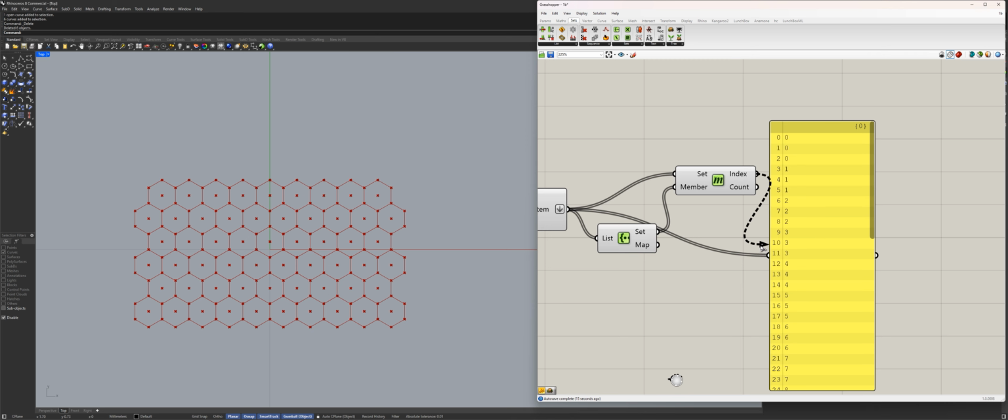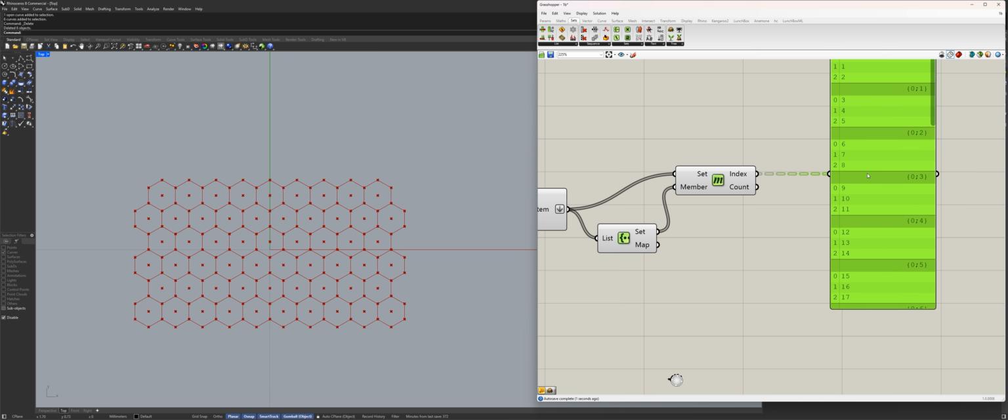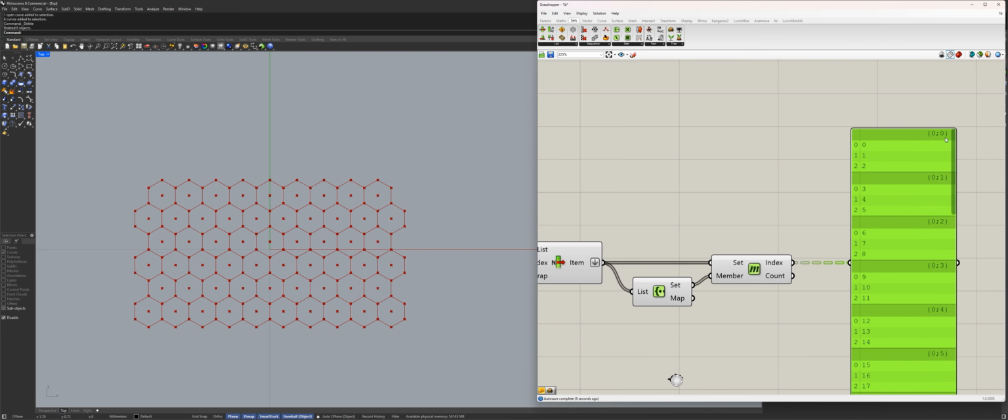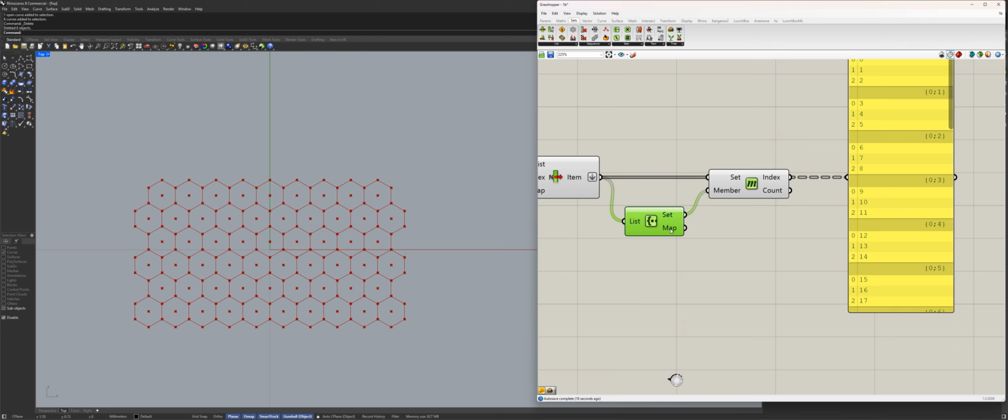So if I look at the index, a few very interesting things happen. First of all, let's look at the numbers themselves. So we have a data tree, and we have numbers 0, 1, 2, 3, 4, 5, 6, 7, 8, 9, 10, 11, 12, 13, and so on and so forth. What are they? Well, they are indices. You see, it's index. They are indices of these